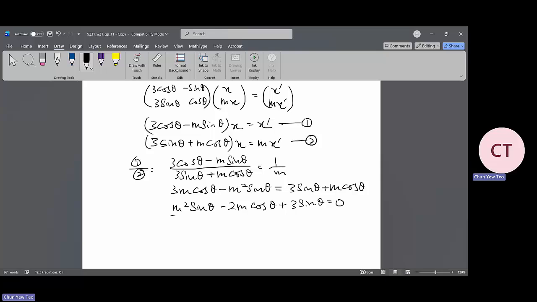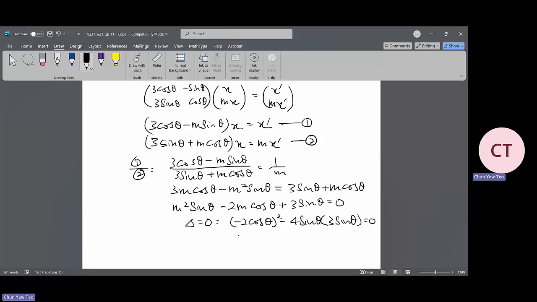So you can see that if we treat m as an unknown or the variable, then we can say that this is a quadratic equation. In order for m to have only one solution, that means the discriminant must be 0. So we just have the discriminant equal to 0. That means b squared minus 4ac